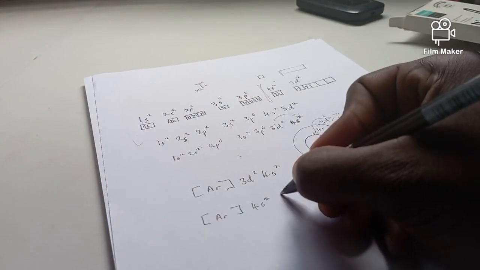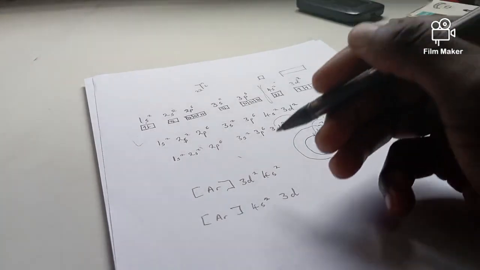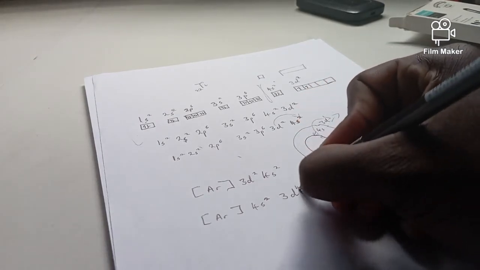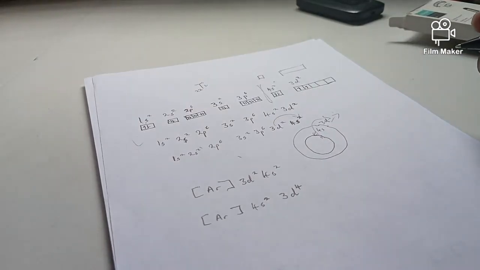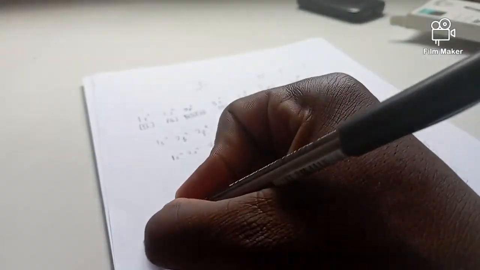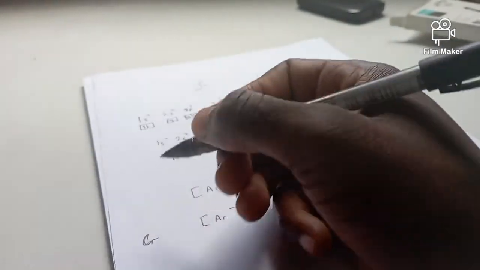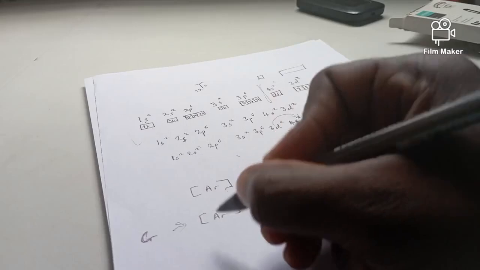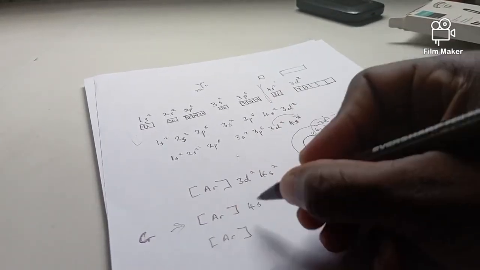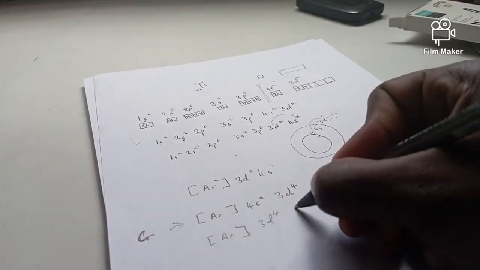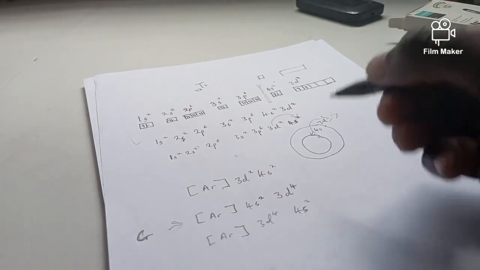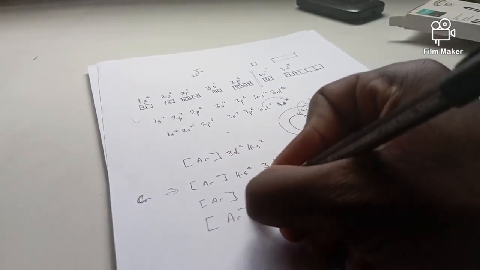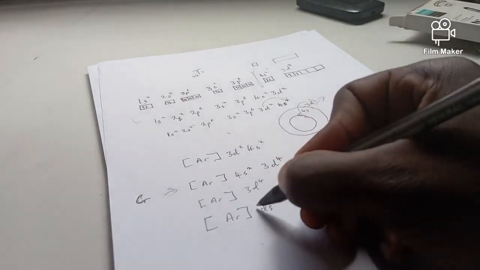This is 3d, and for 3d I can have something like that. This is the expected electronic configuration for chromium, right? Because there's 24 electrons. From what I said, you first fill the 4s, then it gets repelled and becomes the outer shell. But this is not the electronic configuration. Rather, the electronic configuration is 3d5